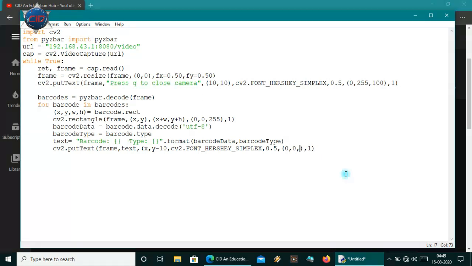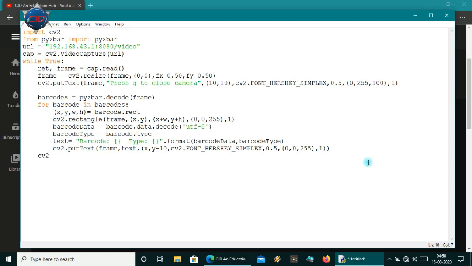So I'll pass here 255. Okay, so we have done here for the putting text, and now we have done all the things which we need.